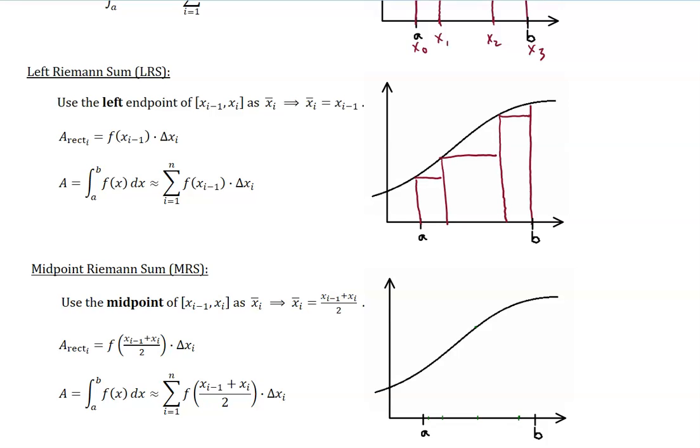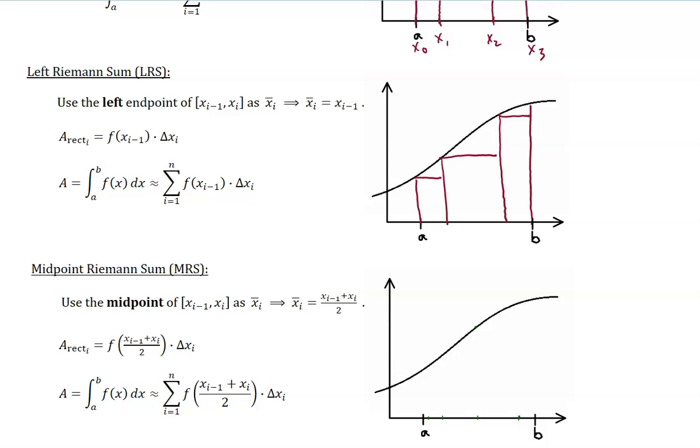The problem with that, though, is that if a function is not monotonic over an interval, so if it's not strictly increasing or decreasing, then just saying left or right endpoint doesn't guarantee that we're going to be circumscribed or inscribed. And so because we need to account for the possibility of a function both increasing and decreasing, it's better just to use either the left or the right endpoint to describe how we are finding the height of